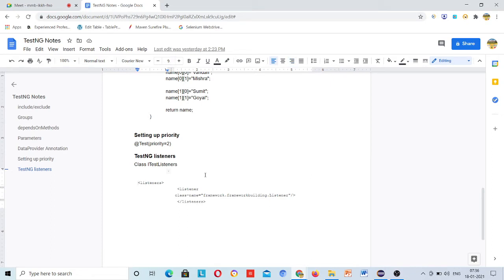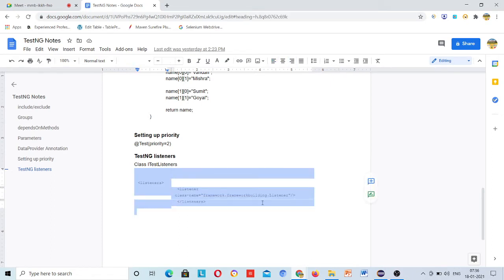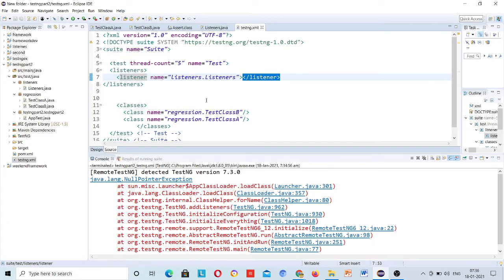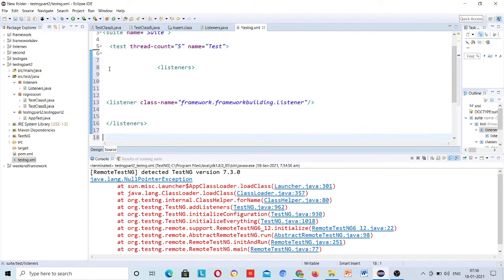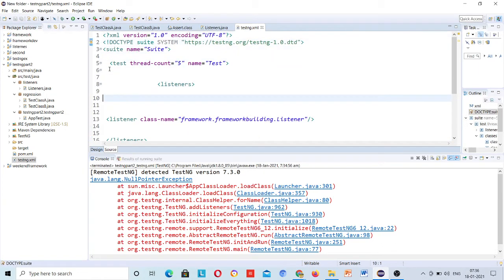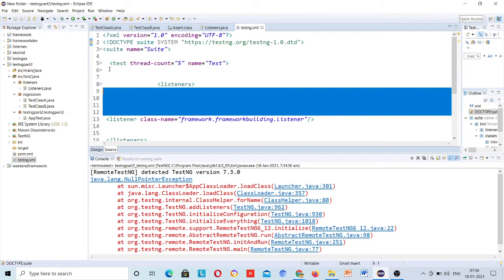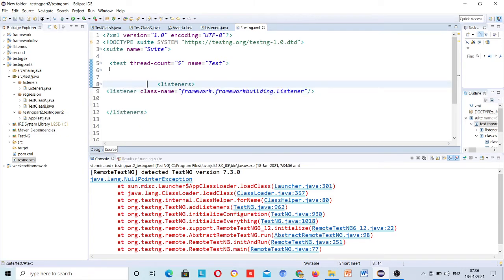Okay, it's actually not the name, it's a class name here. See, it's a class name, like here, class name. Okay, so I will paste this. Because in the testng file there are many things, it's not possible to remember the syntax for all.